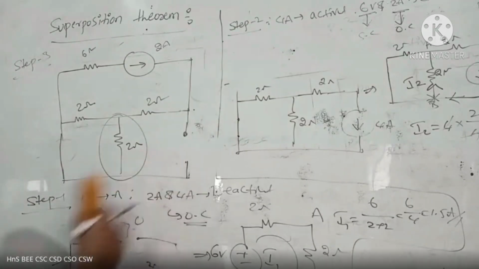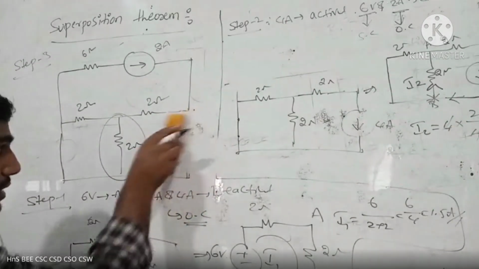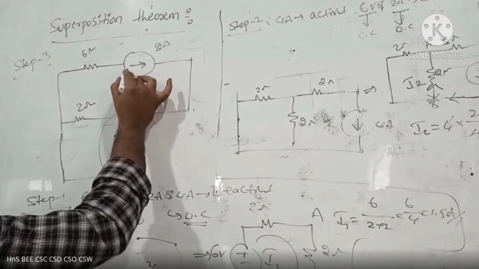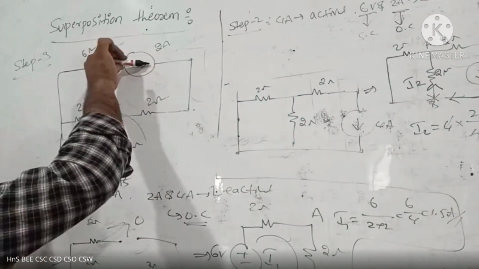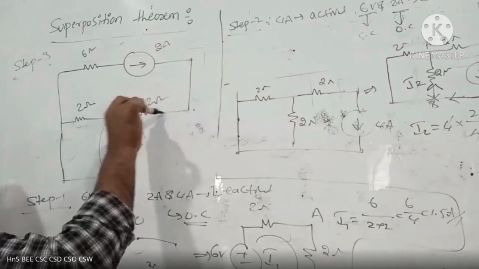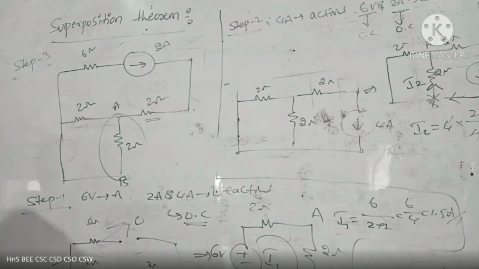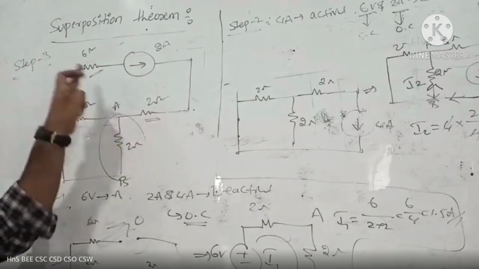Okay. If it is open circuit, simply I am writing as 0. That's why the total loop is negligible. Now see, the total current is flowing like this. This is A point, this is B point. The total current is flowing in this direction and coming to A point. Now, what is the current across 2 ohm resistance? Tell me anyone. What is the current across 6 ohms? Minus 2 amperes. That is also 2 amperes. Why? Because 6 and 2 and these two all are in series connection.